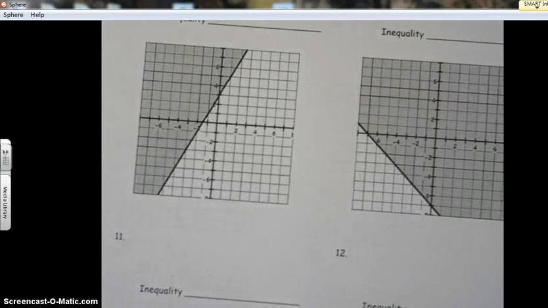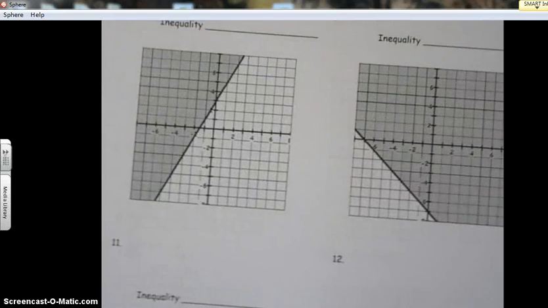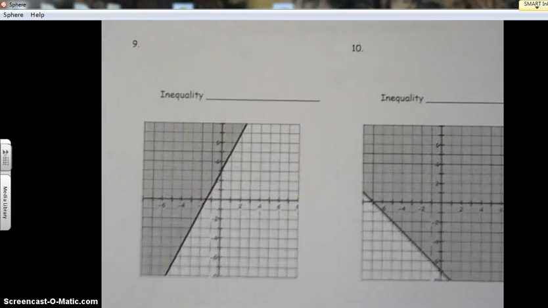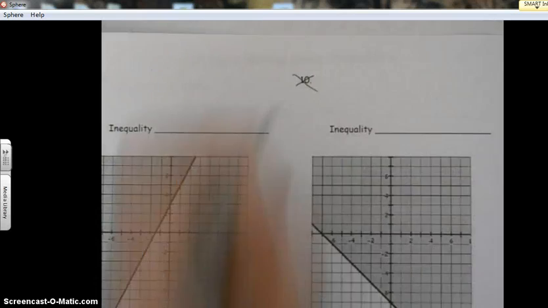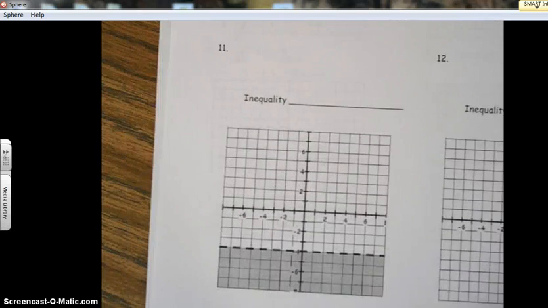Okay, so 8 is your practice problem. 9 is your practice problem. Don't have to do 10. All right, let's take a look at number